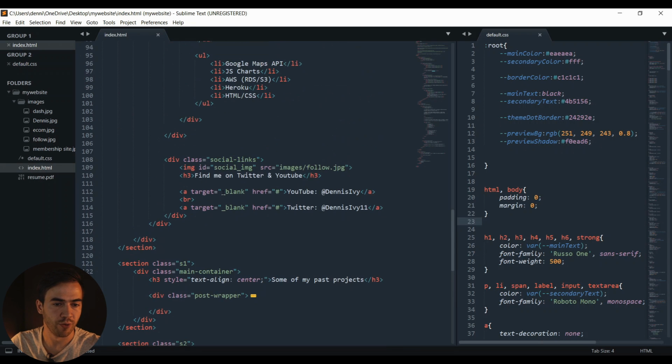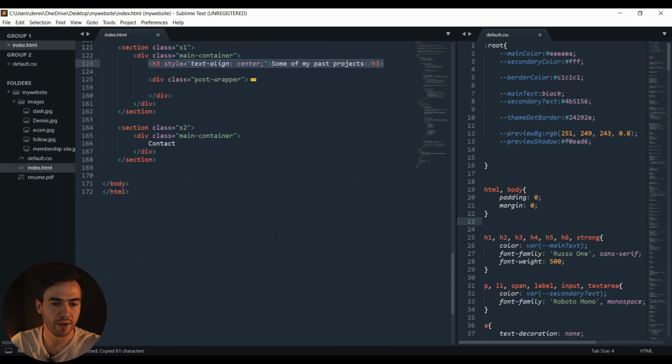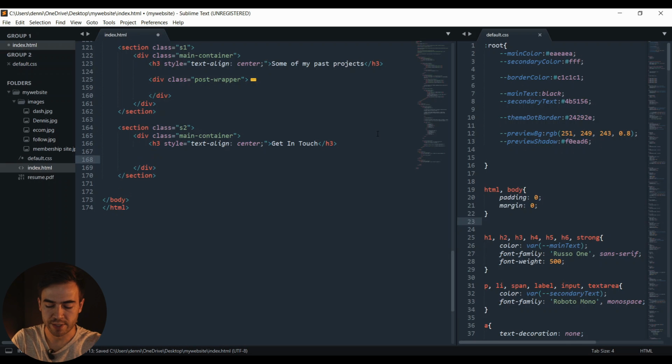So in here, to replace this contact section, we're just going to take this title right here, and actually it's the title for this section, so this H3 tag, and I'm just going to say get in touch here. So instead of my past projects, let's do get in touch, and let's take out that S. So for this section, we're just going to create a form. We're not going to have any wrapper around it, and we have our form tag. So we're going to create an ID. This is going to be